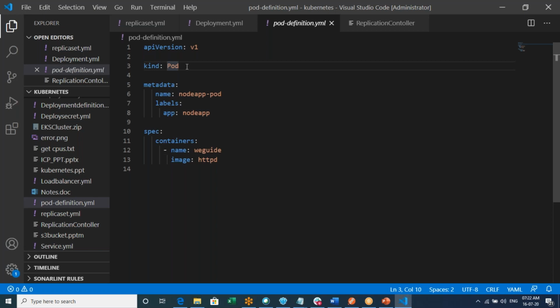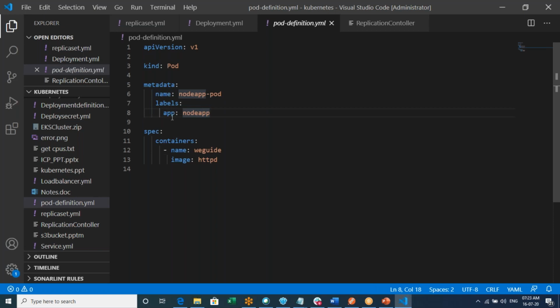Now metadata. Always remember, metadata means the description about your item. In this case our item is a pod, so it is the description about that particular pod. You have a name and you have labels. In the name I am saying node app pod. There is no rule saying this should be exactly as is; the name, label, and even keys can be anything.